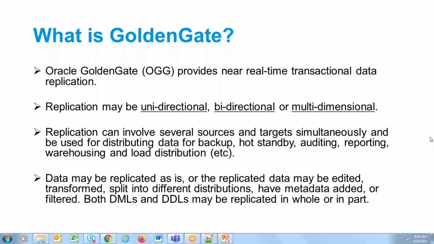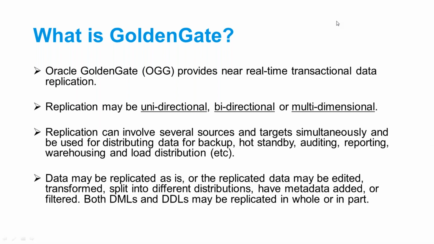So you can use Oracle Golden Gate for replicating the data from multiple sources to a single target, or from a single source to multiple targets. So basically with Golden Gate, you can broadcast the data. By broadcasting, we mean that you have a single source and multiple targets. Similarly, you can consolidate the data from multiple sources getting replicated to a single target.